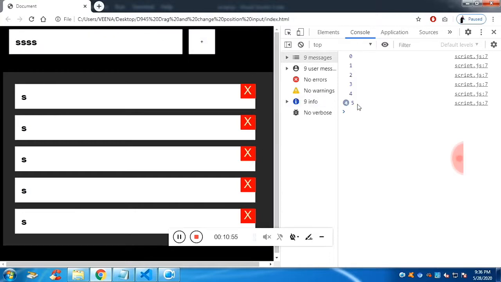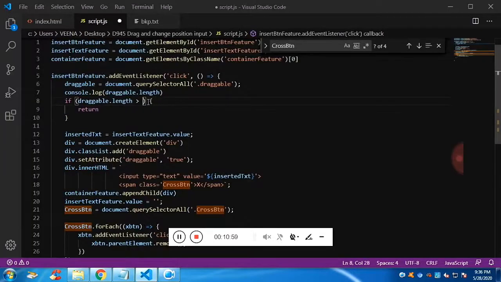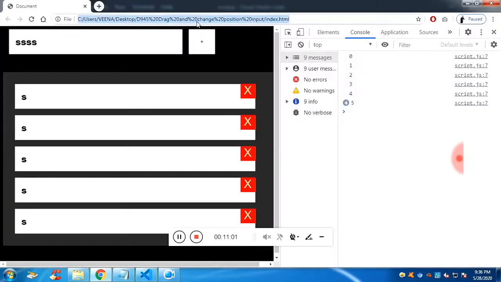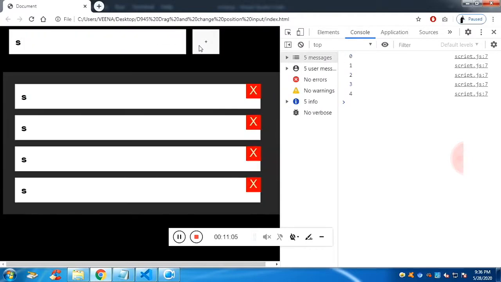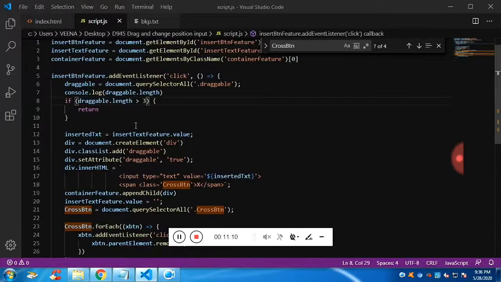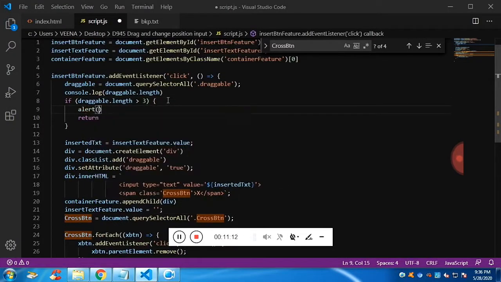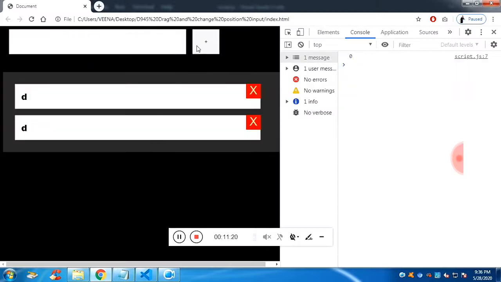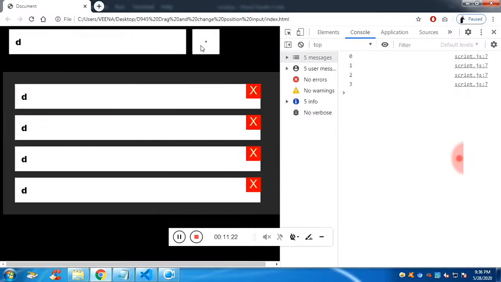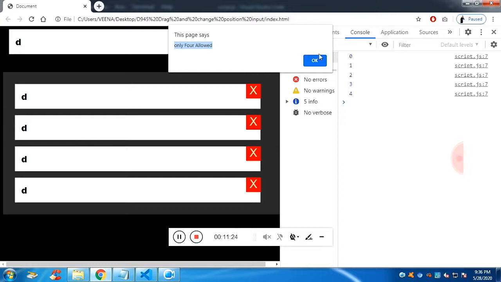You can see we are able to add 5. If I make it 3, it starts from 0. As I said, you are only allowed to add 4. If it is greater than 4, it will exit the function. What is the function? The function is simply the click event. Fine. Before returning, I want to show the message. Let me add and show you. If it exceeds more than 3, it says only 4 allowed. Fine. Now